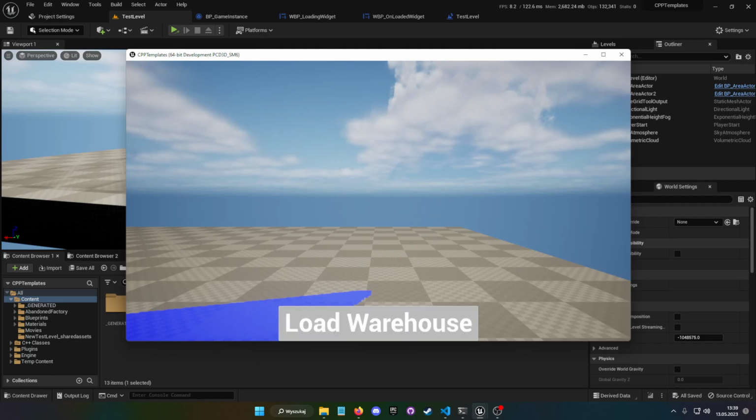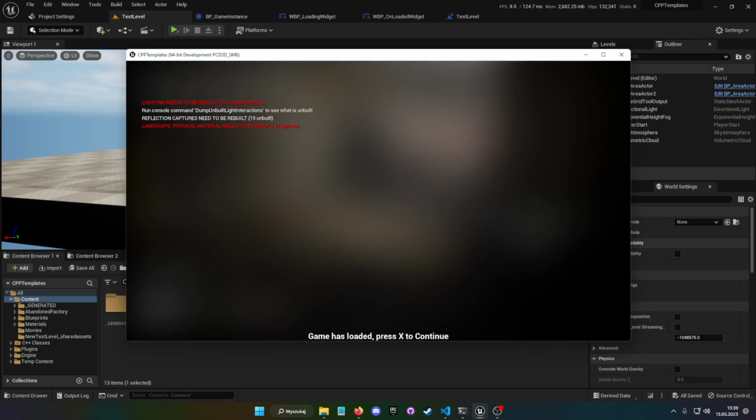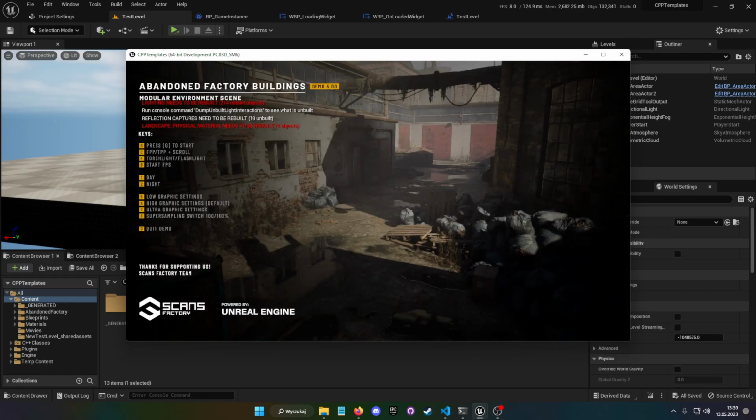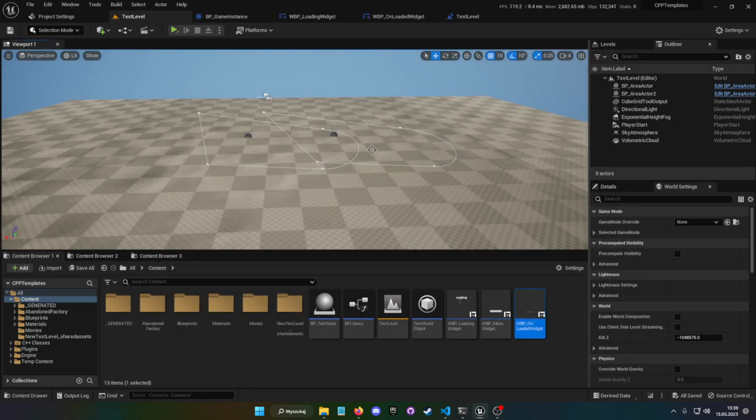And then I'm loading to the main map, click load warehouse, you see, loading screen, and after the loading screen, the game has loaded, press X, whatever. And we loaded our next map. In this case, I'm using the free pack I downloaded from the marketplace, because it has stuff and it takes time to load, just for testing purposes.